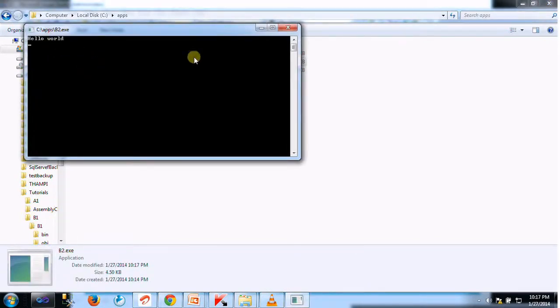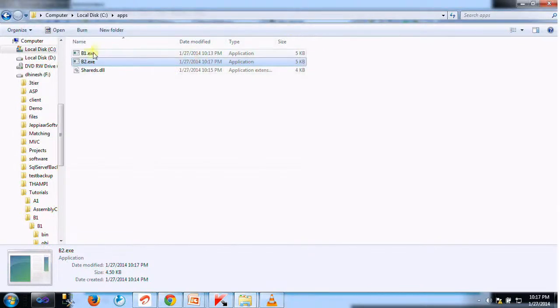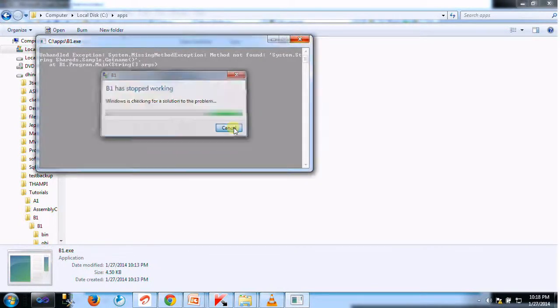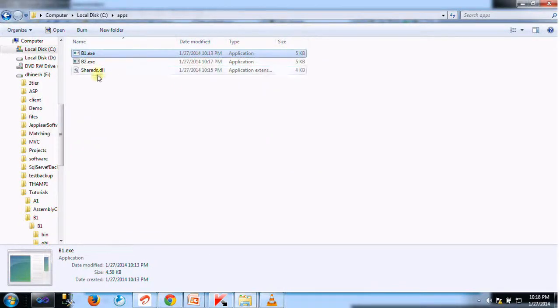Hello world is printed and it is working fine, but P1 also uses these shared assemblies, and since the shared assemblies changed the method names, it is not working fine, because this shared assembly is not backward compatible.